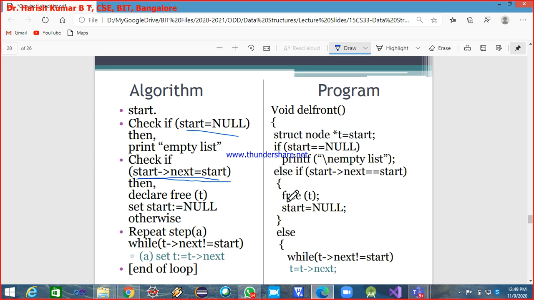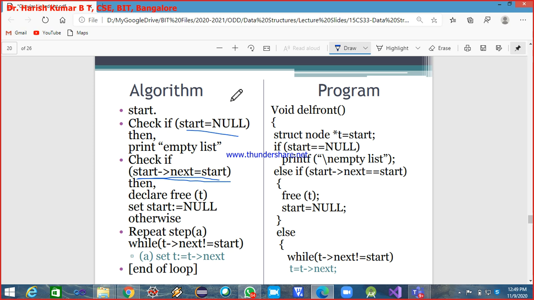Am I audible? Yes, sir, audible. Then what case is this? What is that we are checking here? What case is this?